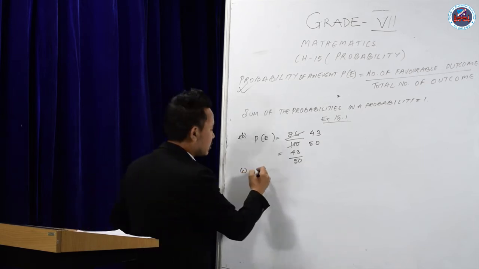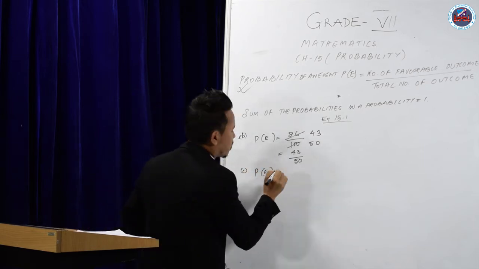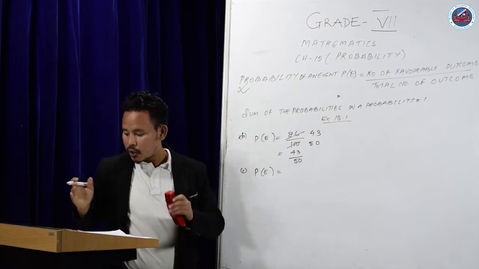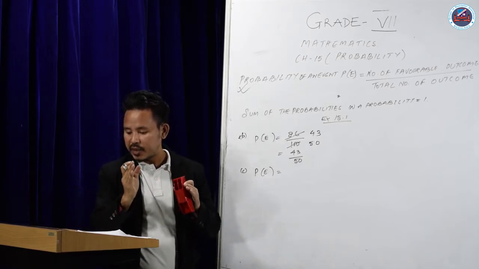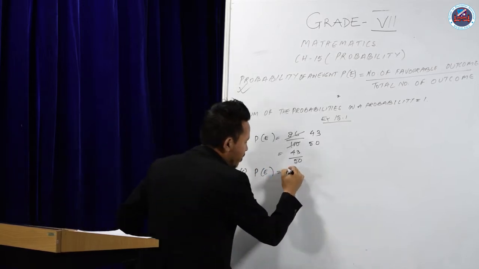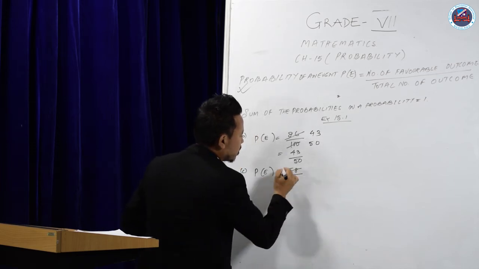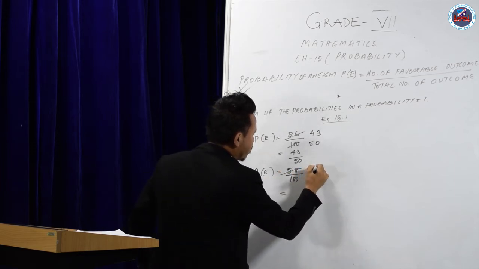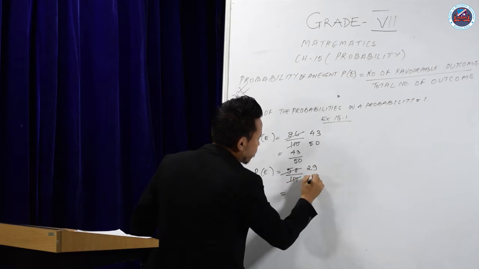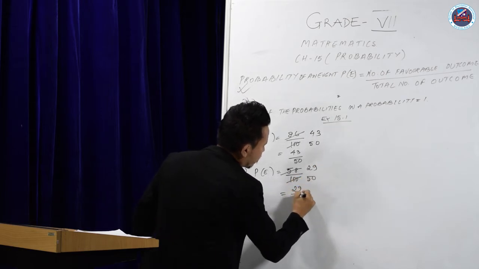Leaving aside 21 to 35, we get 58 upon 100. When we cancel, 2 times 29 is 58, so we get the answer as 29 upon 50,